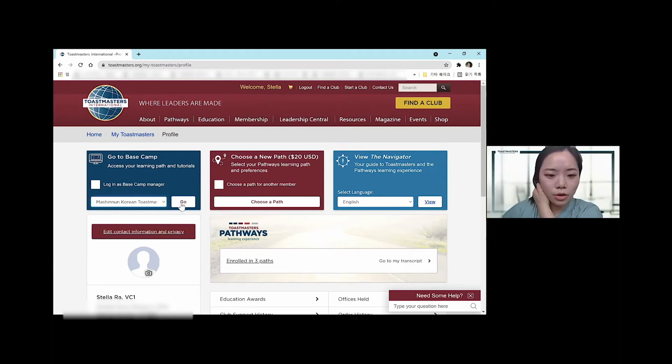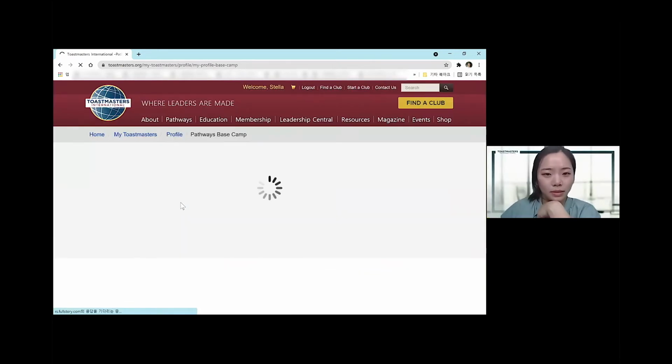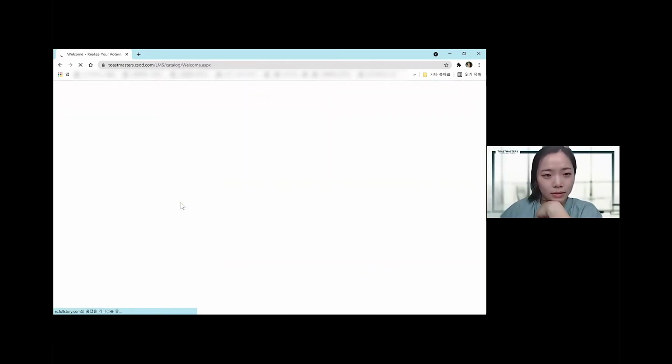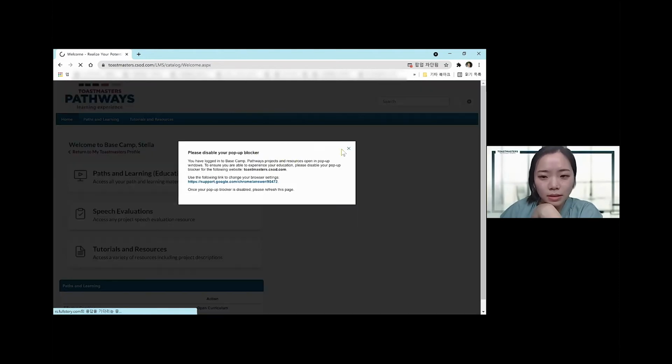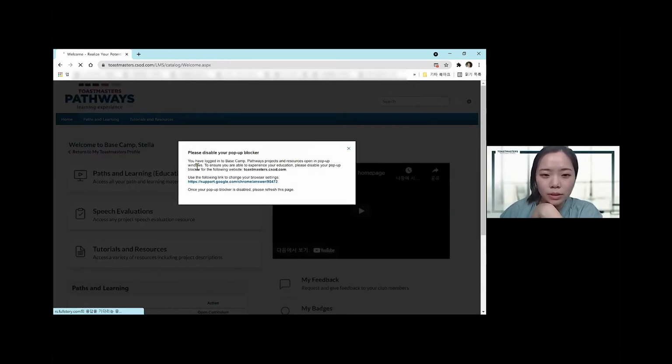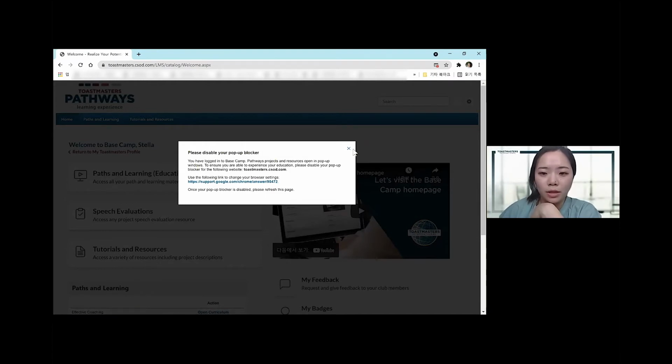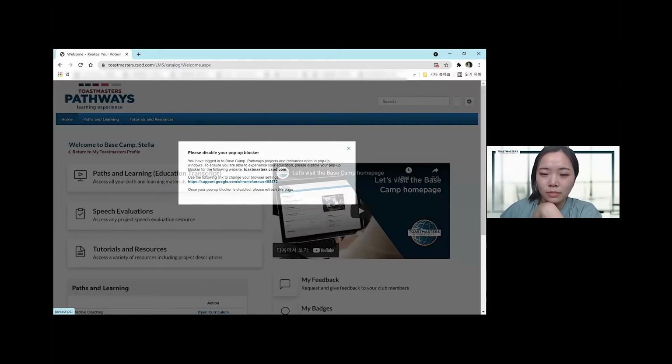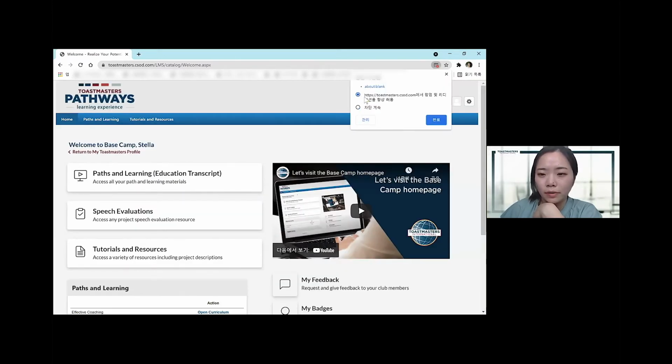Then click here, go. If you see this message, please disable your pop-up blocker, then click here and give permission for the pop-up.